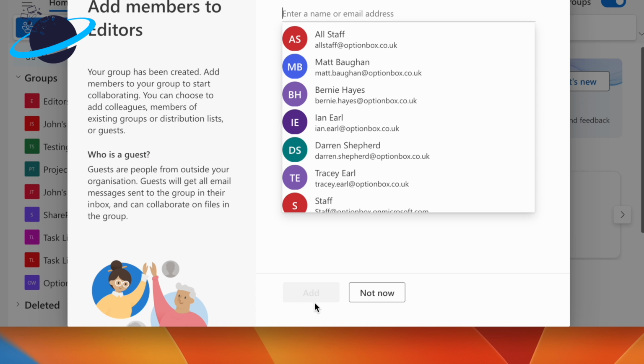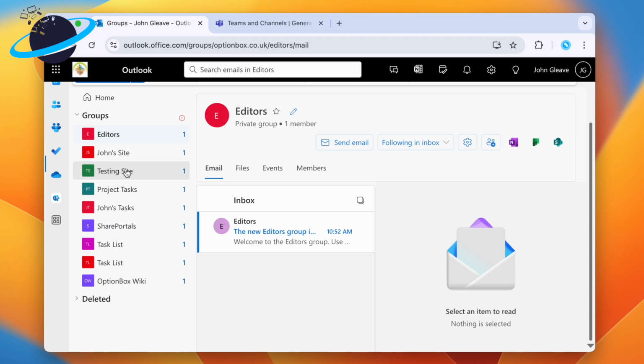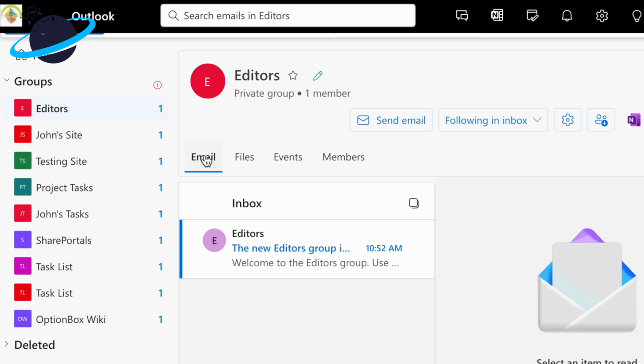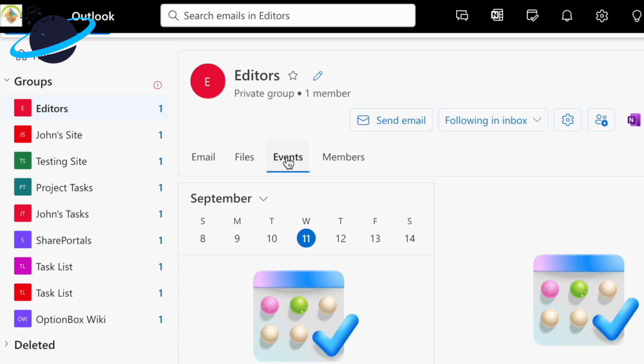On the next page, add your team members. But we'll skip this for now. Once you've created your group, you'll find it listed in the left menu. This is a Microsoft 365 group, with a shared inbox, where all members can view received emails. There's a space for shared files, a calendar for events and meetings, and a members section, where you can add